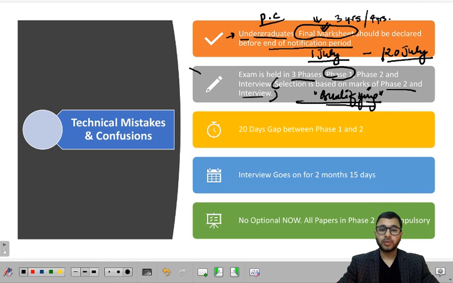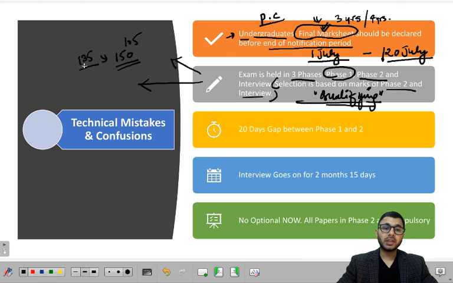Now here there are two problems. Lot of students would assume or conclude by what I'm saying that in phase 1 they just have to clear it. No, you just don't have to clear it. You have to clear it with a good margin to ensure or to be safe that you're going for phase 2 exam. But at the same time, if the cutoff is 105, although you target to get the max, but if your score, let's say, is coming 135, it's of no use to try and increase it to 150 by spending a lot of time on it, but not spending significant time on phase 2.